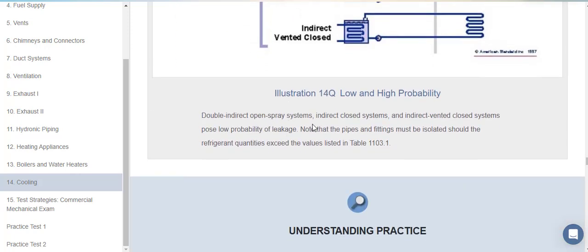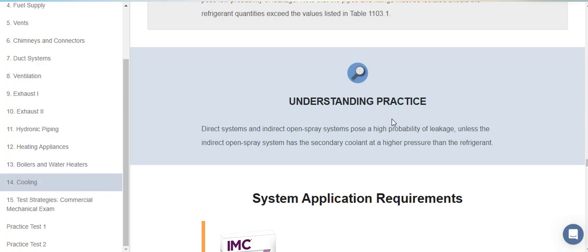Double indirect open spray system, indirect closed system, and indirect vented closed system pose low probability of leakage. Note that the pipes and fittings must be isolated should the refrigerant quantities exceed the value listed in Table 1103.1. Direct system and indirect open spray system pose high probability of leakage, unless the indirect open spray system has secondary coolant at a higher